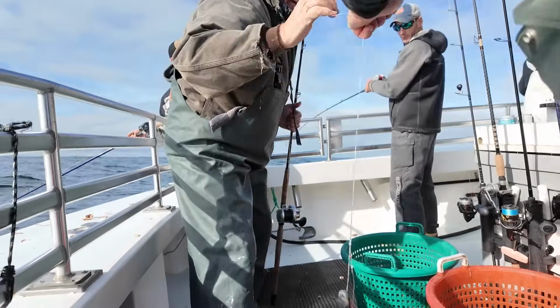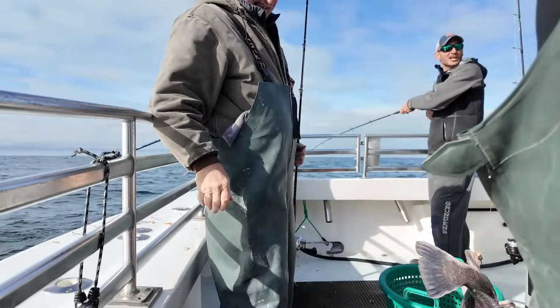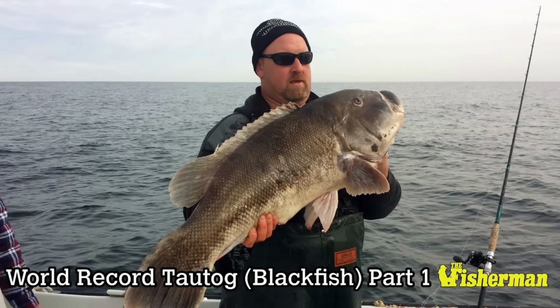You know, we've aged out quite a few fish, some of our bigger fish we've caught. I think the oldest fish that we've actually aged out has been at 26 years. 26 years. And how big was that fish? I believe that fish was, I'm shooting from memory here, like 22 pounds, something like that. Actually, the world record only aged out at, I believe, 23 or 24 years. So people think they live a long time. They don't live quite as long as you think they do, but it does take a long time for them